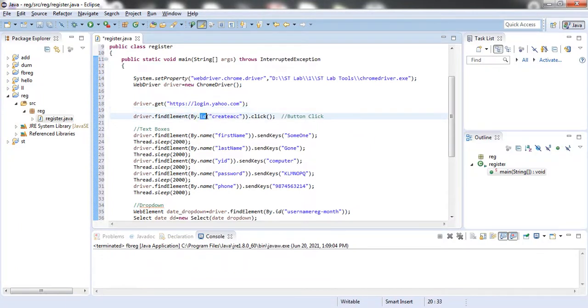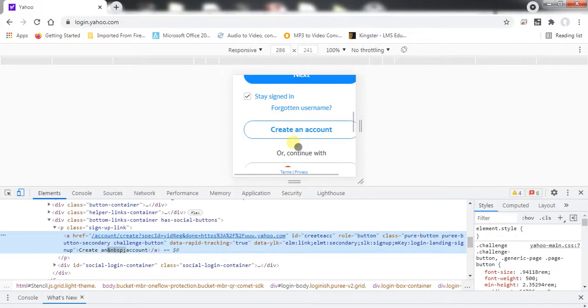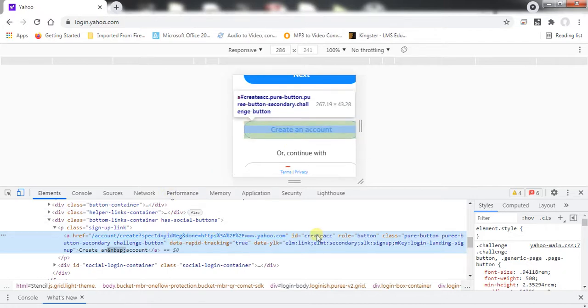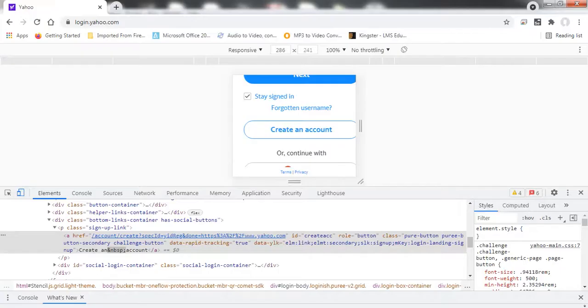We already know how to take it: right click on the button, and we can take the ID, or even the name, no problem. I think name is not present in this, so that's why I have taken the ID. The ID of this is create ACC. So I have taken create ACC dot click. Why dot click? Because it is a button. This is button click.